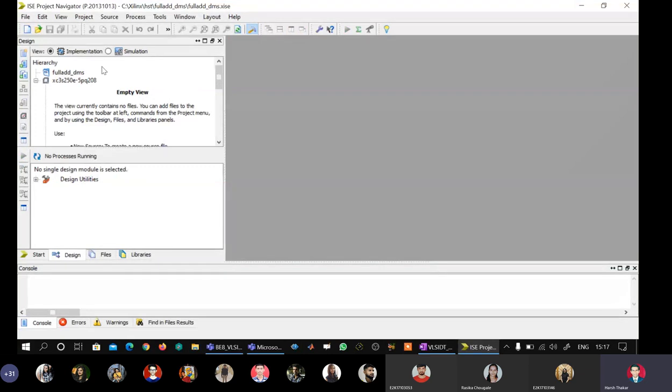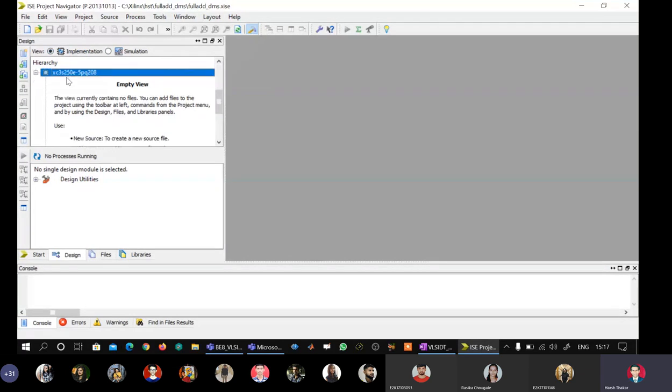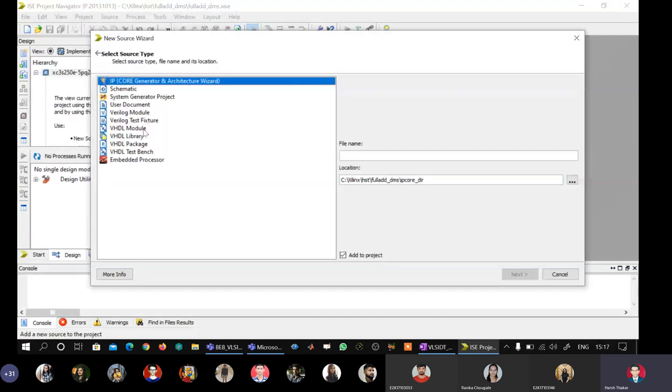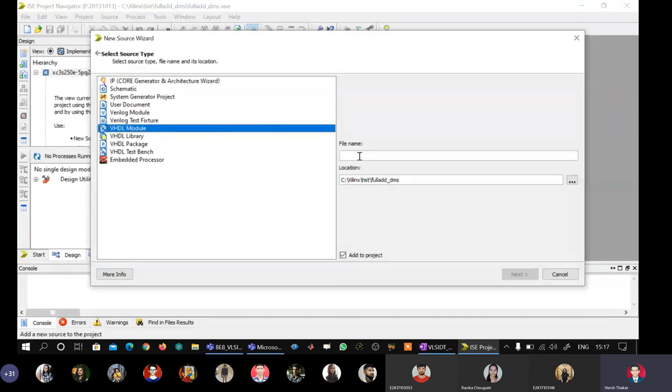Okay. So having the implementation radio button selected here, go to target line, right click, new source, select VHDL module, go and paste the name here, reassure that it is selected properly, add to project, next.